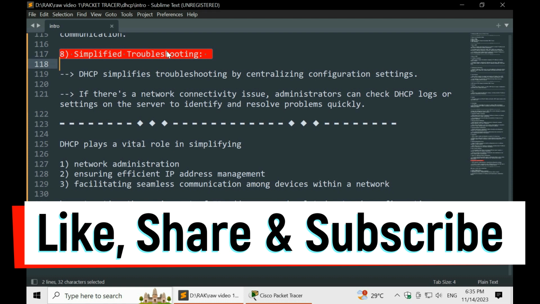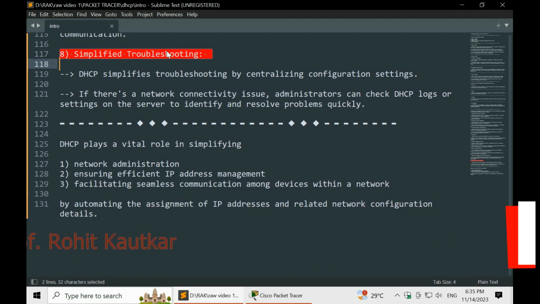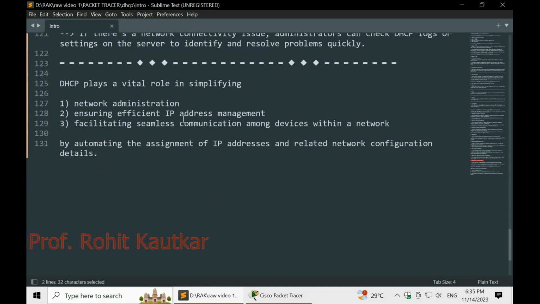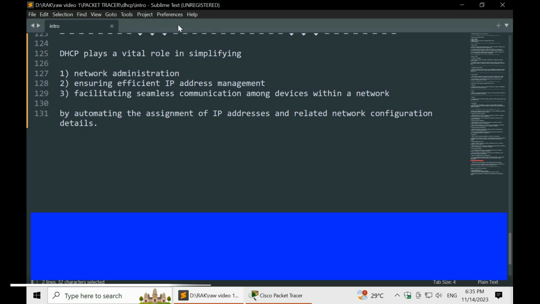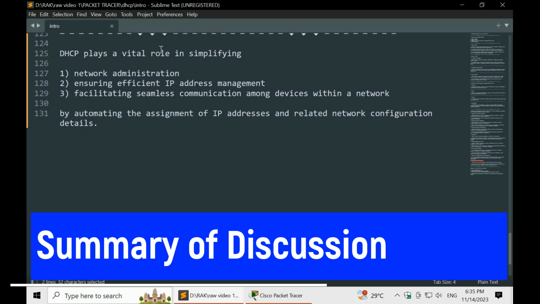So friends, these are the various advantages we get with DHCP. In summary, we want to conclude: DHCP plays a vital role in simplifying network administration by providing centralized control and a centralized place for troubleshooting.